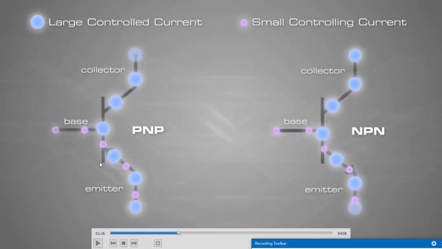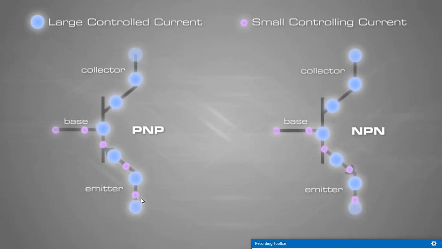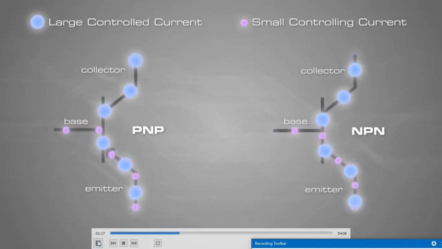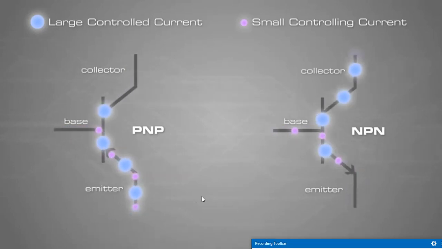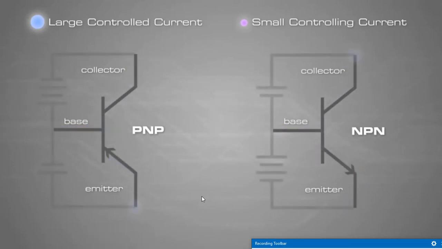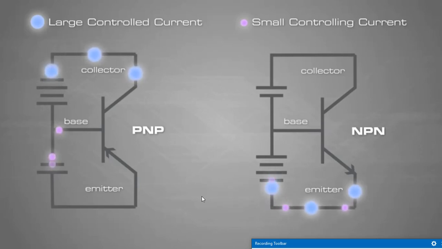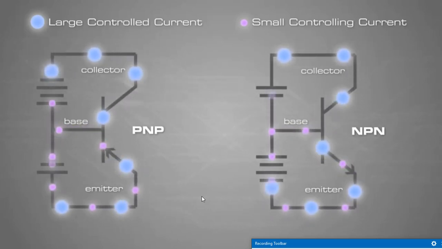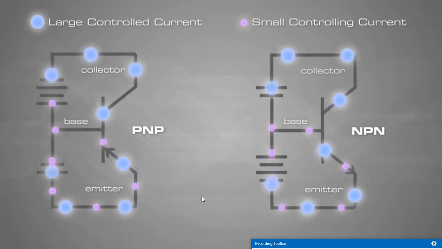So this is what we call a bipolar junction transistor, and this is the schematic or symbol representation. Now we have two different types of currents flowing here. One is the blue colored circles, the other is the violet colored signals. Blue are the large controlled current, and violet are the small controlling current. The large controlled current is because of the majority charge carriers, and the violet is the minority charge carriers, because we have already discussed that every PNP or NPN will have minority as well as majority charge carriers.